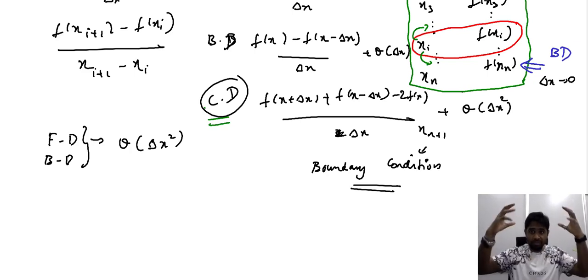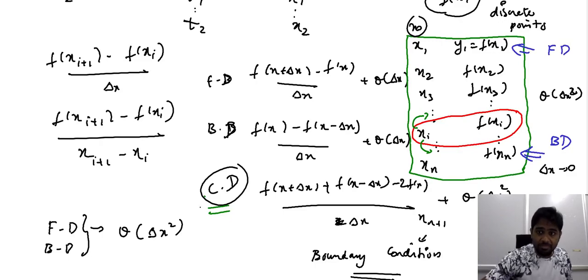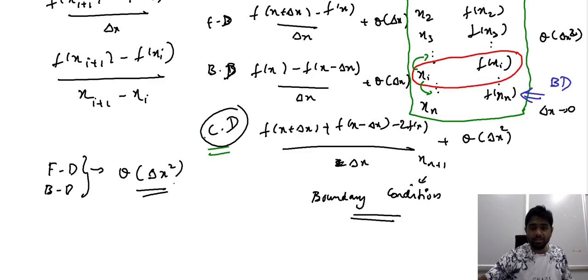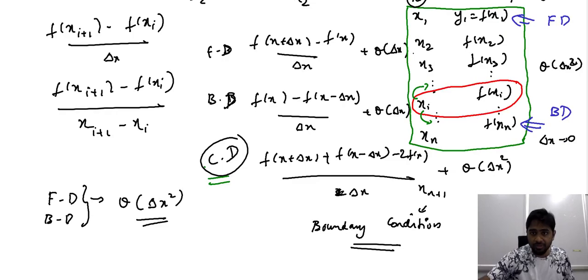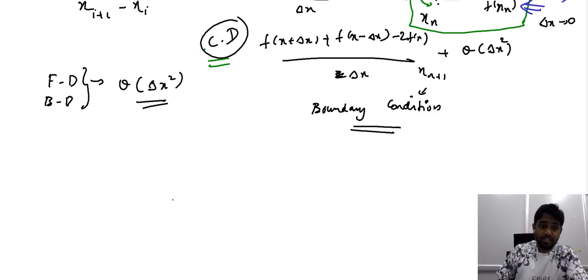So all the derivatives associated with the data set would be of the order of delta x square, if we are able to identify a forward difference scheme or a backward difference scheme that is of the order of delta x square. Then we will be able to ensure that all the errors associated with these data points are of the order of delta x square. Now in order to do so, let us revisit our expression for the forward difference, that is f of x